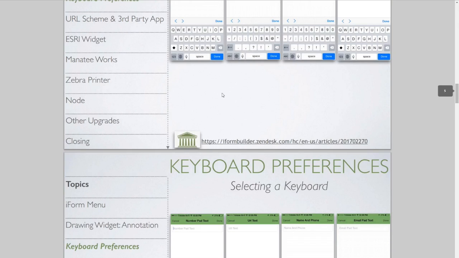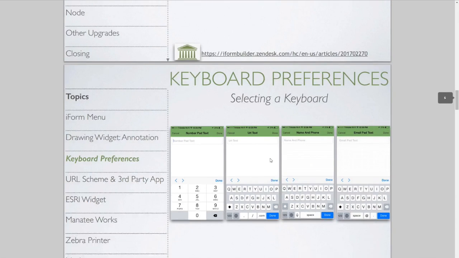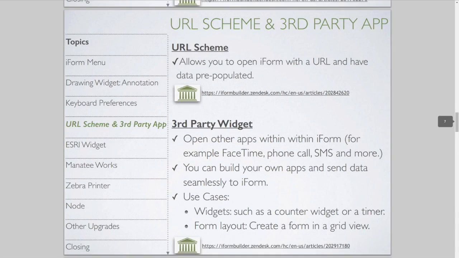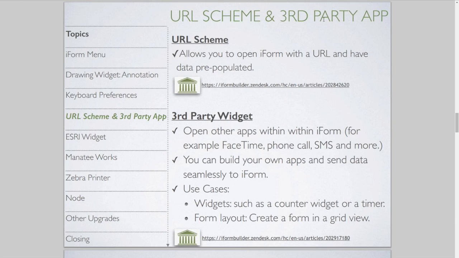My pleasure. So the next one is just more pictures of the keyboards. Then the next one is what we call URL scheme and a third-party app. The URL scheme allows you to create a URL, and wherever you click on this URL from your device, it'll open up iForm and have data pre-populated. So to give you a quick example,